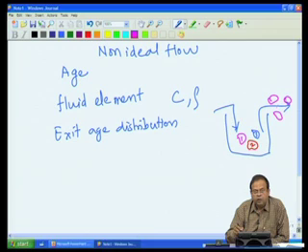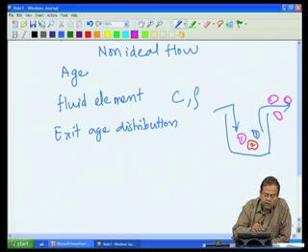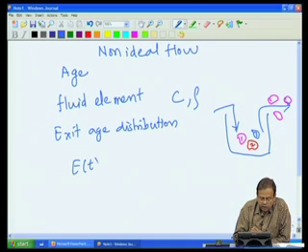Therefore, if I place myself at this exit and examine these fluid elements, we give a term E of t to denote exit age distribution,